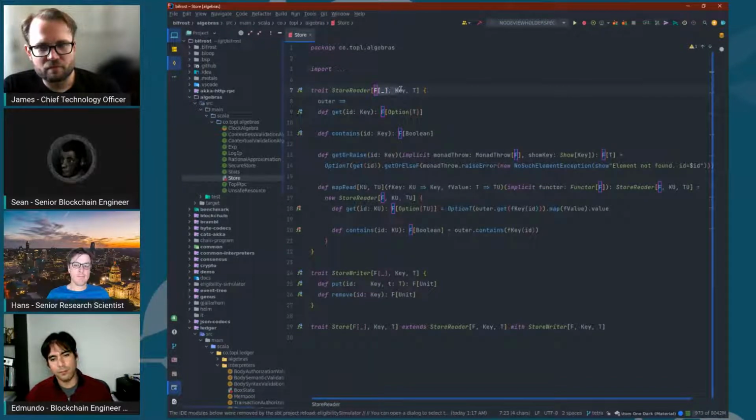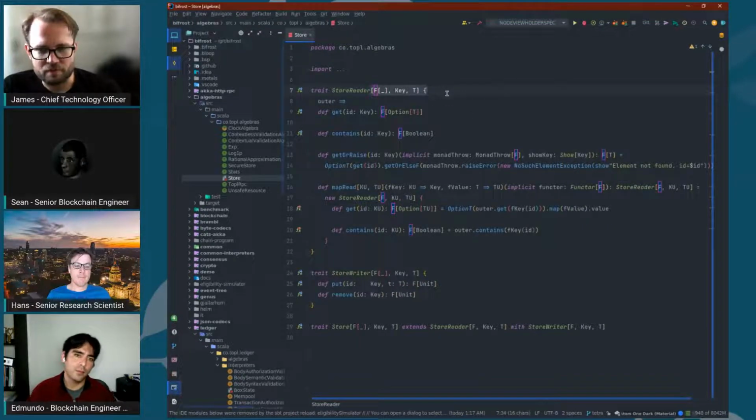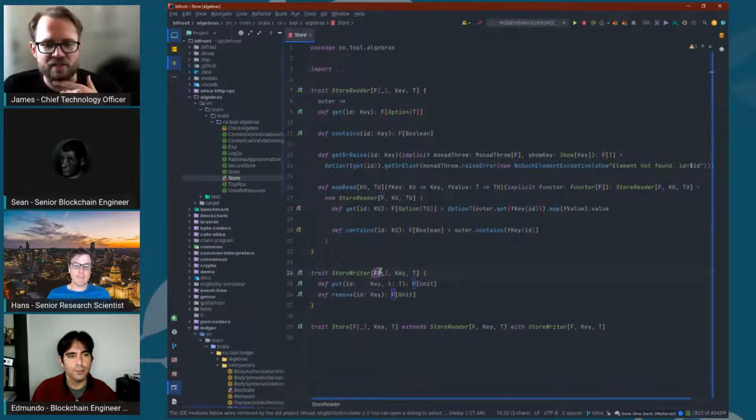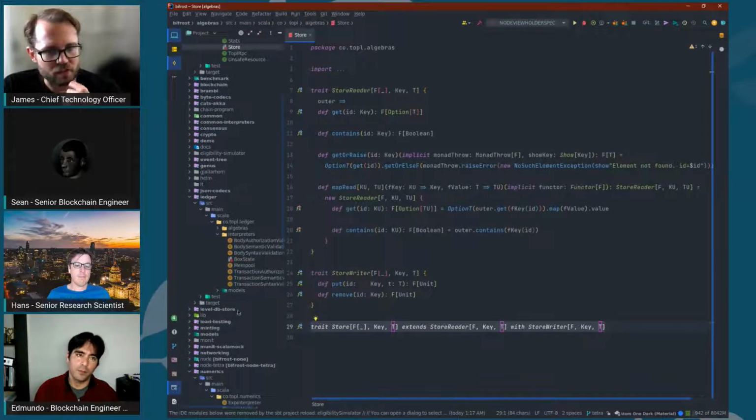Yeah, that's the F context that everything runs in and is returned in. Right. I didn't know if that was enough to say that this is an effectful key value reader. So when I say effectful, I just mean, like Sean said, you can think of this F as a side-effecting thing. It can be a Future, or it can be an IO, or something like that. It can have impure side effects. So yes, this could be the algebra, and then the most important part, like Sean was saying, is